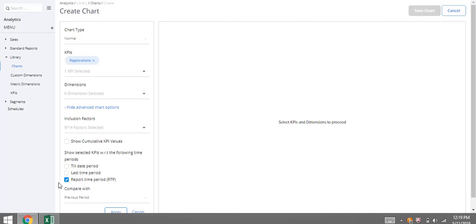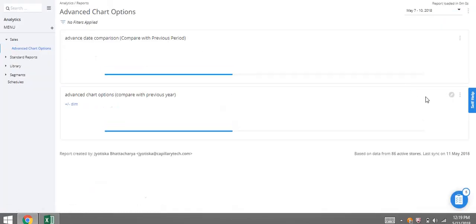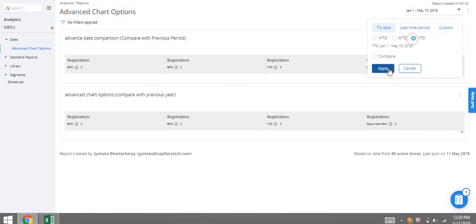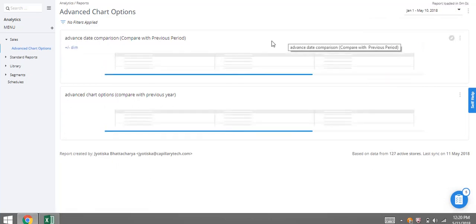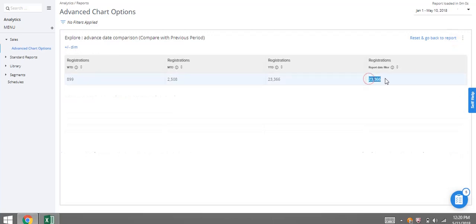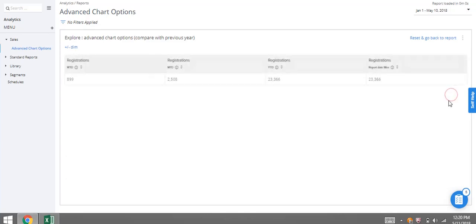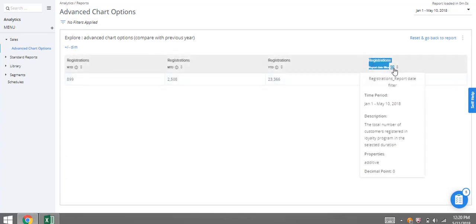So this is the selection that is by default, hence this number is not changing. See, this number is 23,366, and for the next is also 23,366, because this is from report date filter.